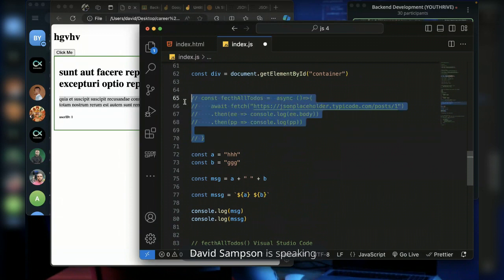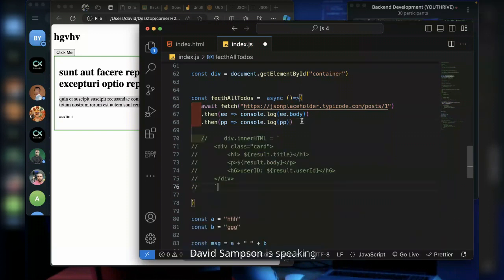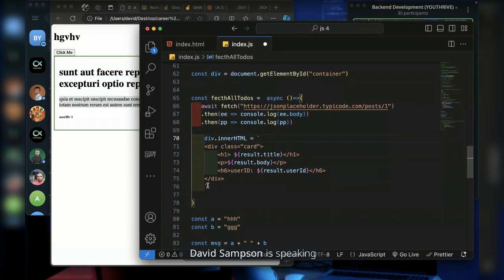You know what? I can just uncomment this out. It says declaration statement expected. Okay, I didn't comment this one out. So I can uncomment this out. So I have that div here and I'm trying to add this into it. So instead of what's it called? I can then say, you know what, at this part now, no, you can't do this. You need to first of all bring out this variable.